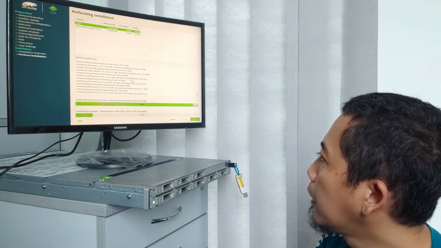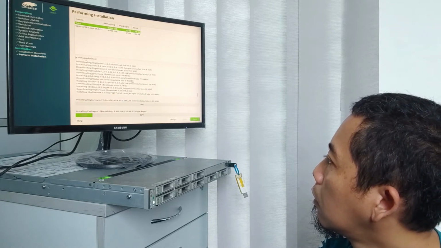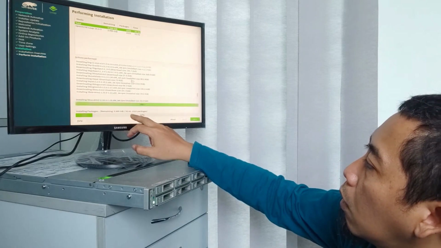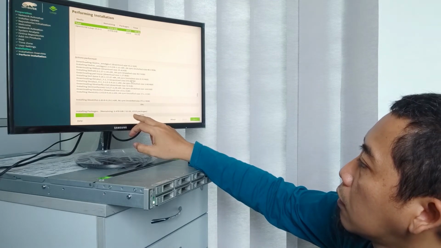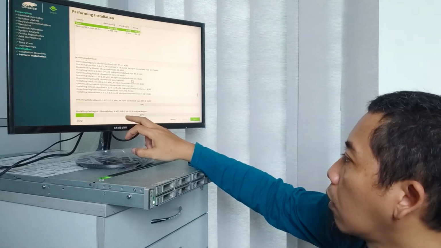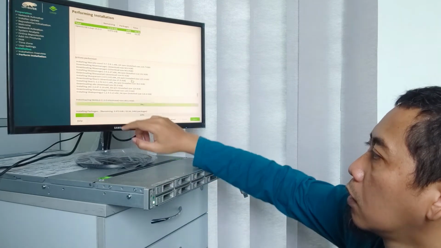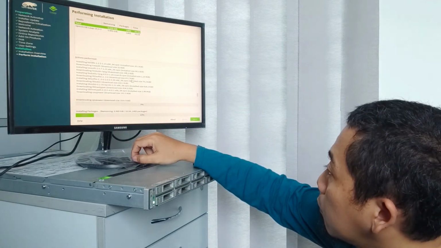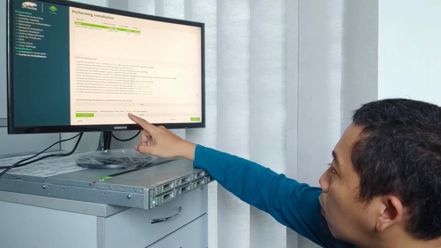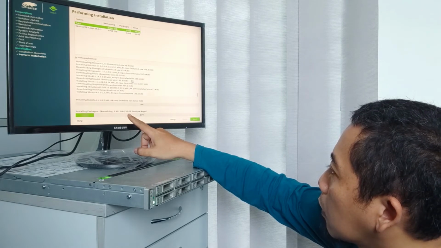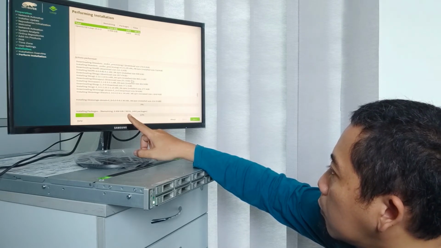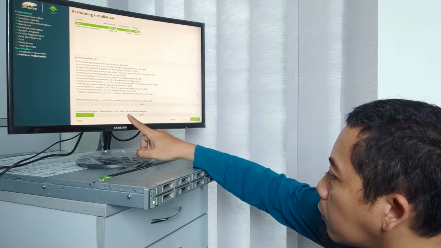It's 12% already. 1,500 packages will be installed and will be reduced. According to this it will take 36 minutes, yeah, but we'll see.